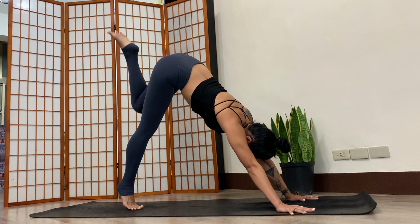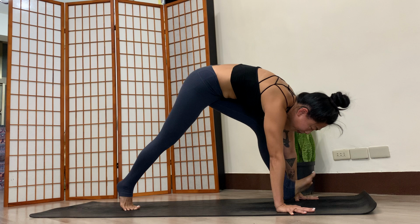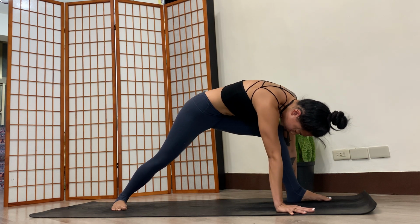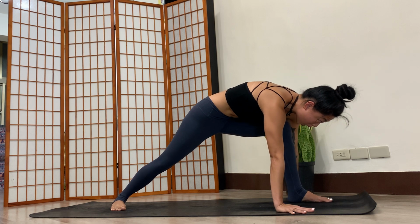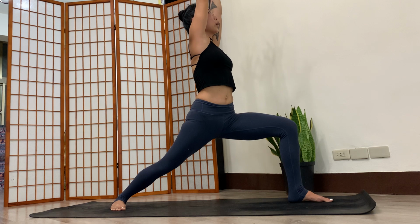We're gonna take the left knee forward to the nose, squeeze the belly, and then step the foot up in between the hands. Okay, now my right heel, I'm gonna spin it to the left a bit, so my whole right foot is pushing down, and I'm gonna inhale, stretch my arms forward and up, back into my warrior one